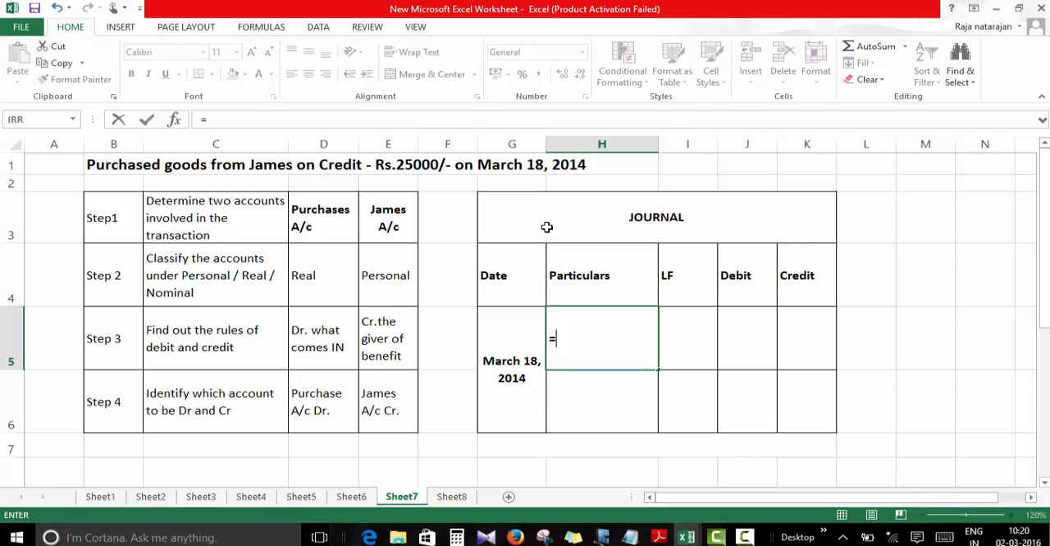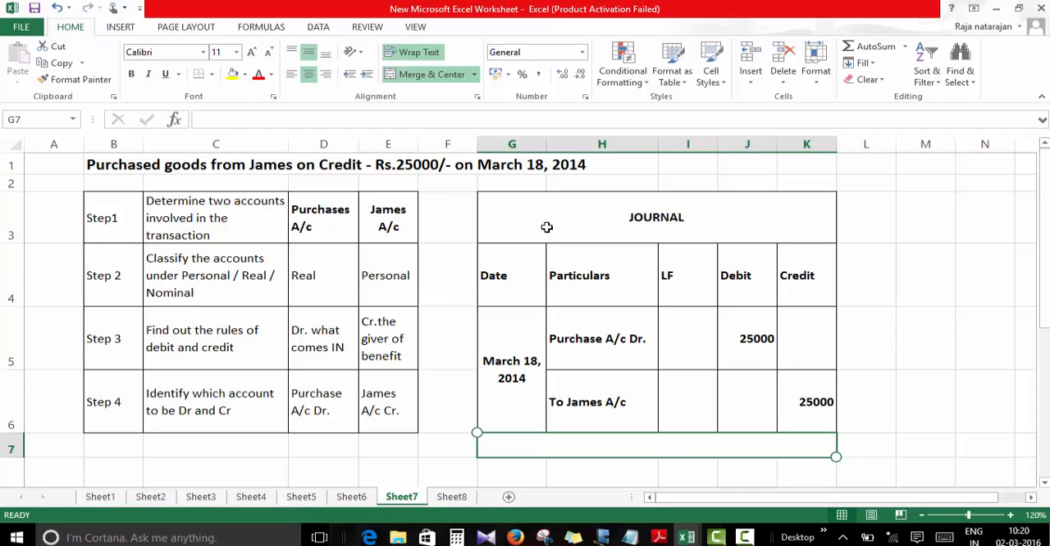And which account should be debited? It is purchase account that has to be debited. And which account should be credited? James account should be credited. So to James account. And what is the value of the transaction? It is 25,000 in both cases. Okay, so we have captured the transaction, and let us give the narration. Being goods purchased on credit from Mr. James,